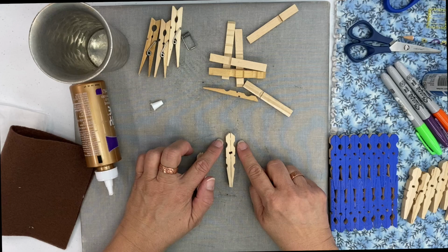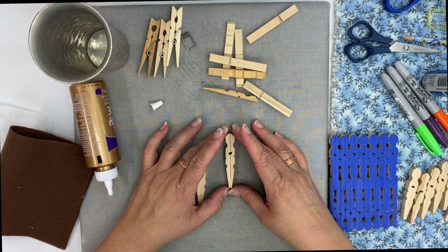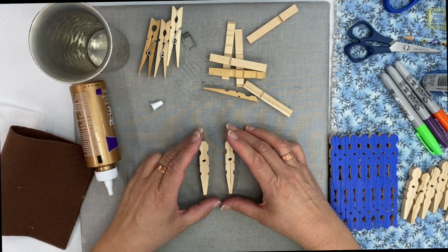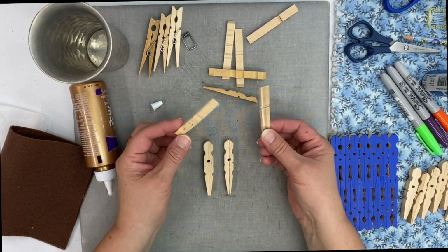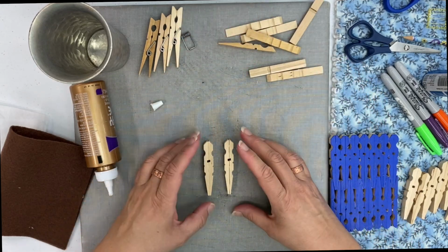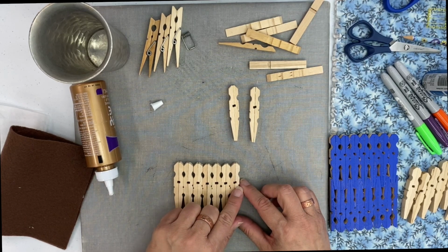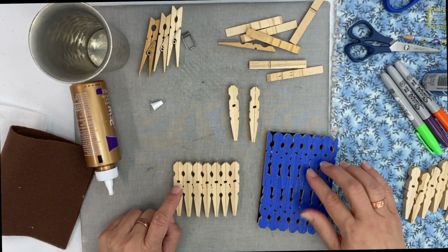And I found that if I glue them and just set them to the side on a flat surface, standing up this way, and let them dry, by the time I get all my units together, they're dry and ready to move on. And you're going to make 13 of these units, and you'll have 2 half clothespins left. So we're going to build those 13 units, and then you're going to put 7 of those units together to create the top side